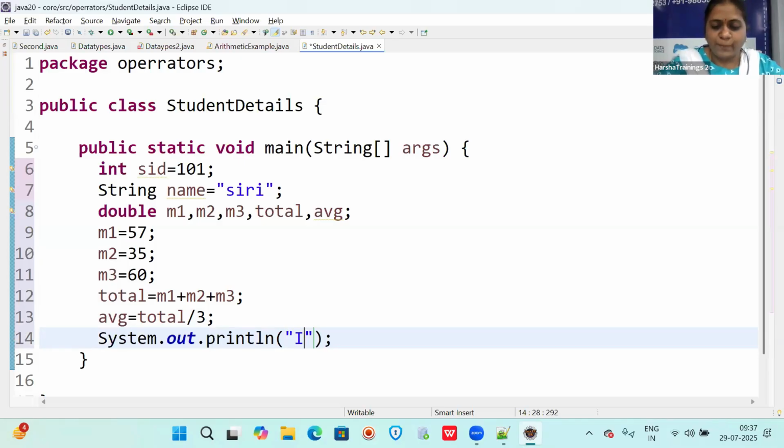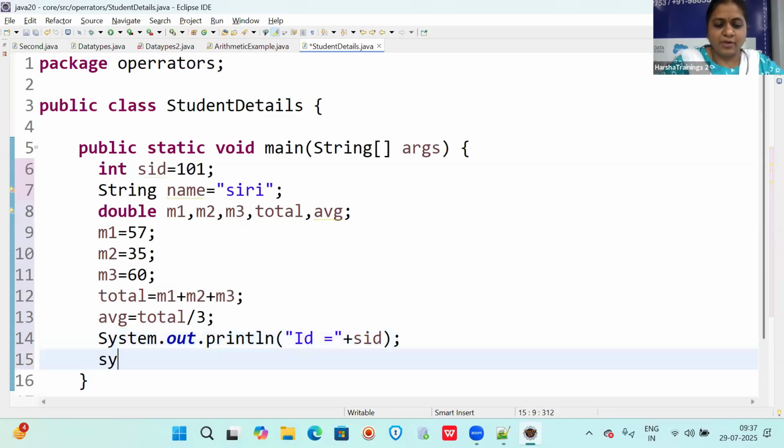system.out.println. If you want it properly, you can print like this. ID is equal to plus SID. And then system.out.println in double quotes, name is equal to, and then plus name.